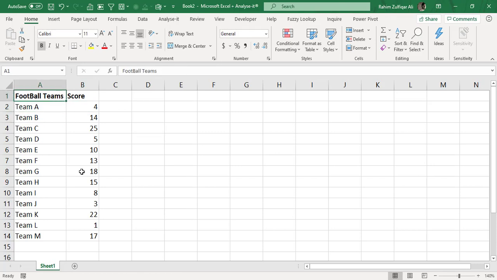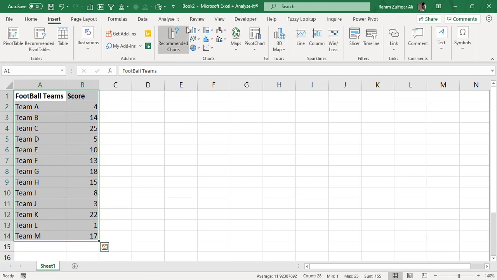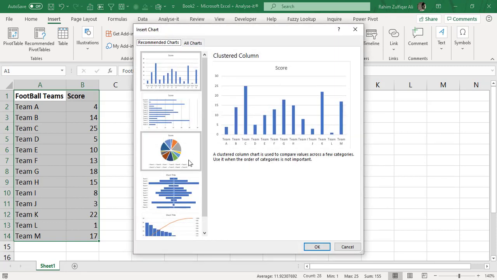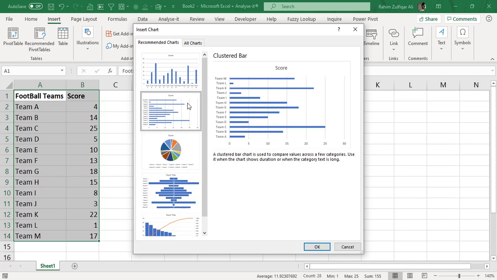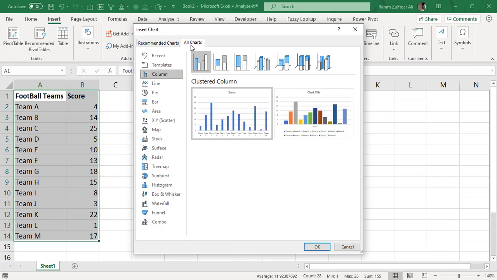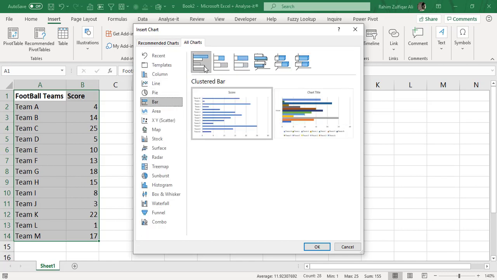Once you have this idea, and we have the data prepared, we will select this data, go to the Insert tab, and from here select a bar chart. We have some recommendations as well, and here we have a clustered bar, or if you want, go to All Charts, click on Bar and select either 2D or 3D as you like. We are going with a simple 2D clustered bar chart.